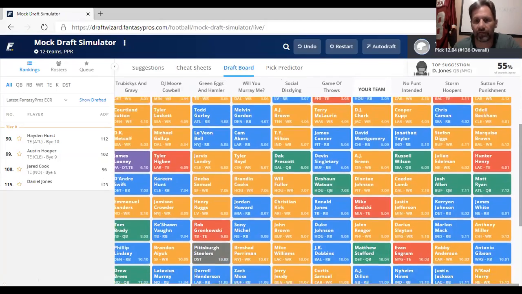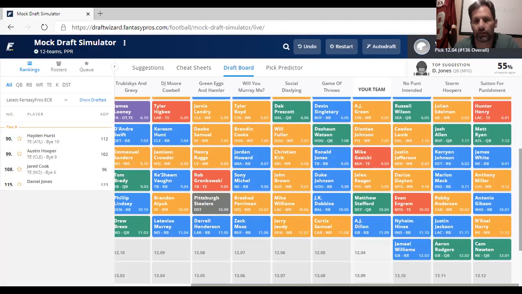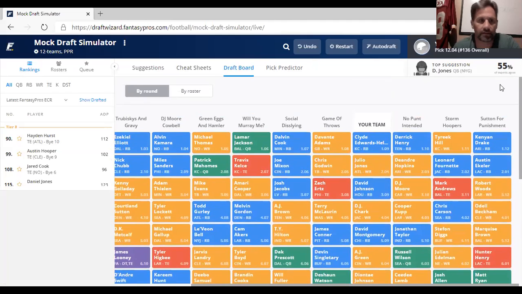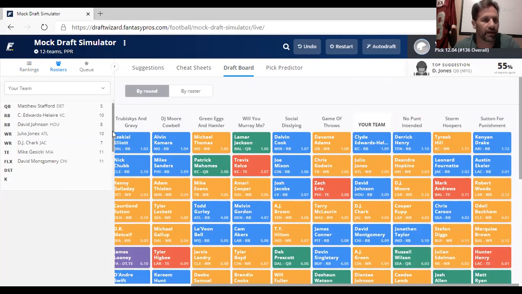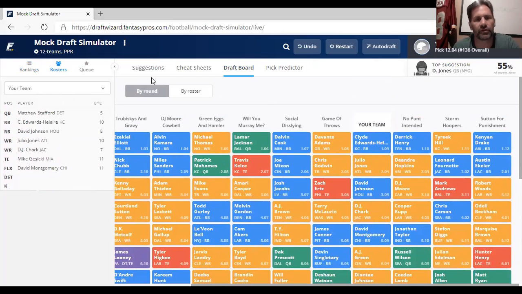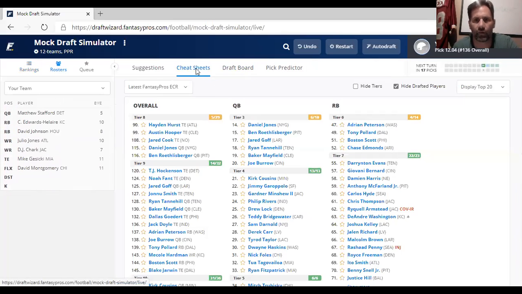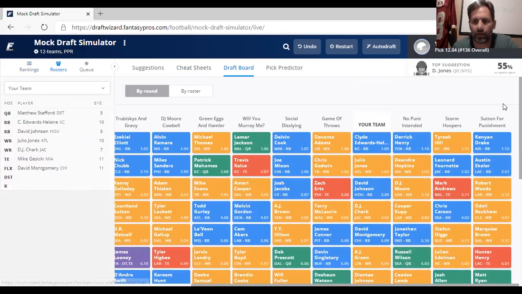Let's see what we have here. So check out our roster, guys. We've got running backs in. We've got 2 spots left on our bench. And remember, you don't have to worry about a kicker or a defense until later.